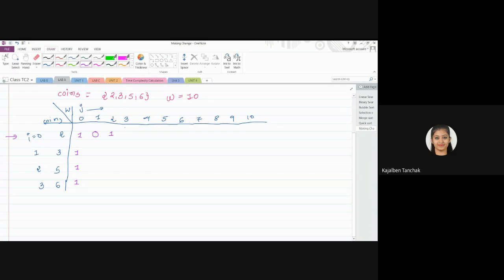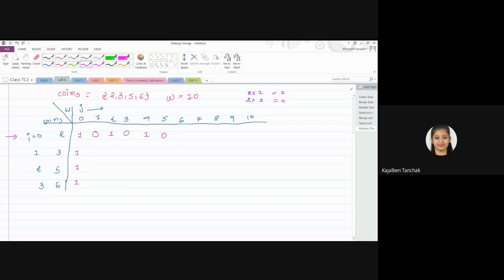Is it possible to pay 3 rupees? No, it is not possible. If you take 1 2 rupee coin, the amount is 2. If you take 2 2 rupee coins, then the amount is 4, but you are not able to pay 3 rupees. So here there is 0 ways. Now for 4, the amount is 4. Using 2 rupee coins, is it possible to pay? Yes, there is one way. Which way? You have to select 2 2 rupee coins, right? Then there is one way. For 5, is it possible? No. So here I will write 0.